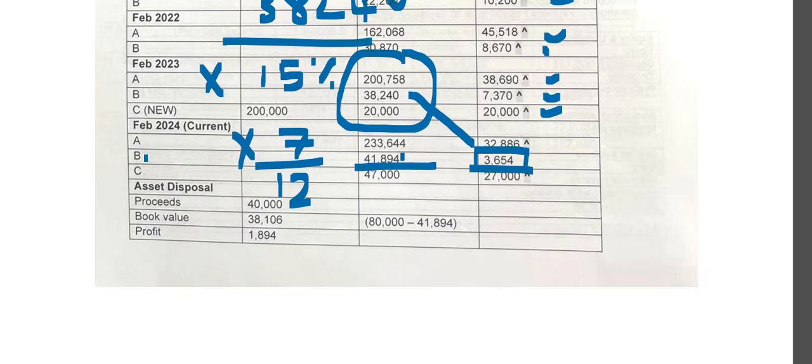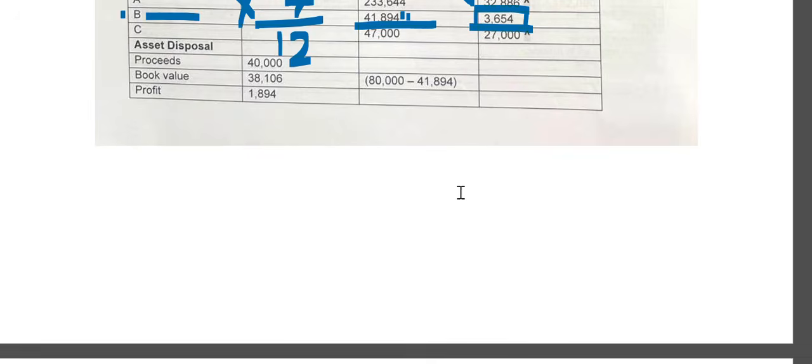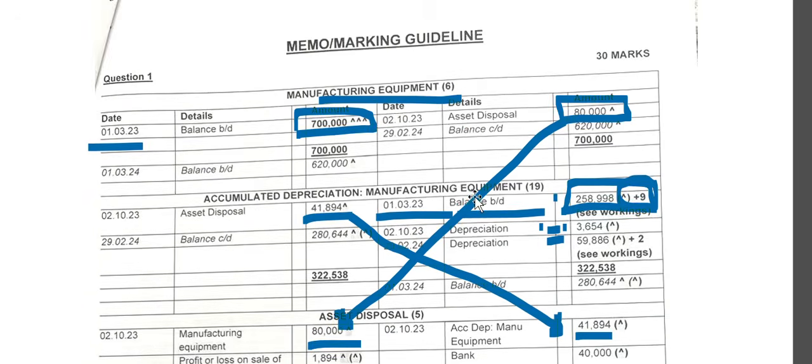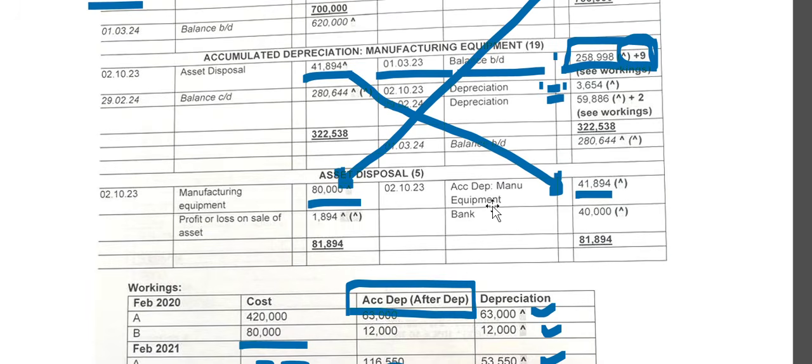That is the accumulated depreciation of equipment B up until date of sale. Because what we're trying to get in this asset disposal account is the book value, right, of equipment B, which we now have. So there we transferred the accumulated depreciation of equipment B to asset disposal up until date of sale,